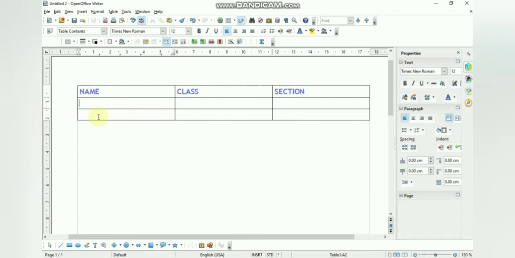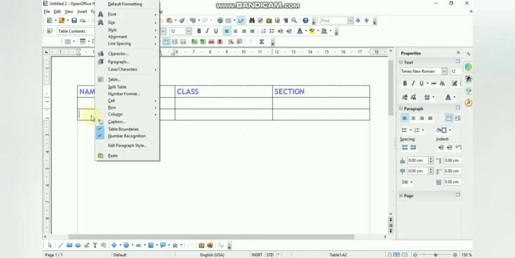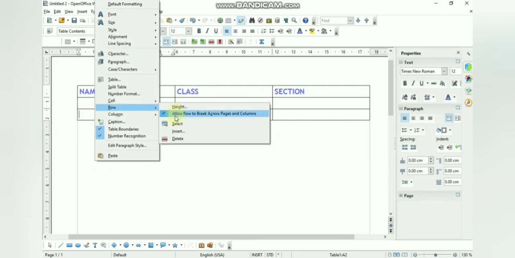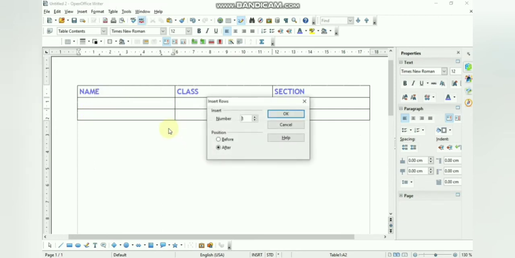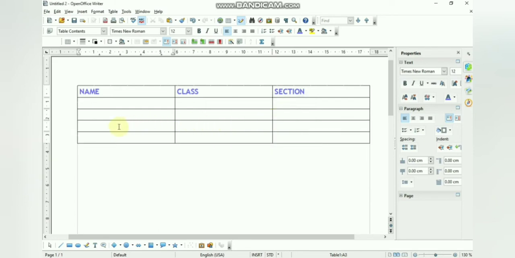So what I can do is I can select the table and then click on insert and then click on rows. Or what I can do is I can just right click on the table, okay, and then I can just click on row, then click on insert. Okay, and you can see the insert rows dialog box will appear, and we can specify the number of rows, how many rows we want. Say let me specify as 2 rows. So I'll just click on here, and 2 more new rows has been inserted over here.